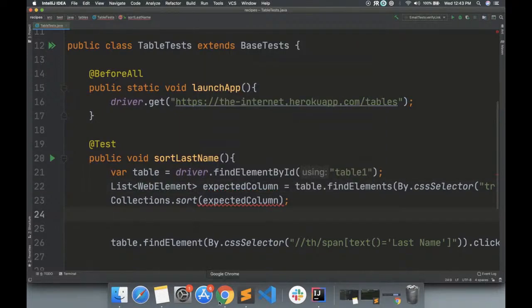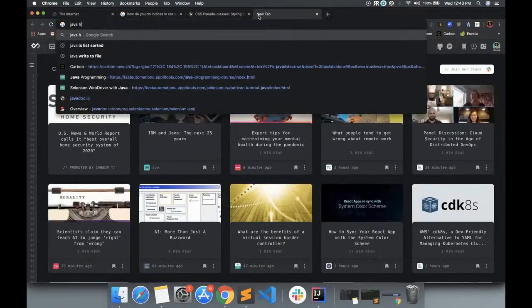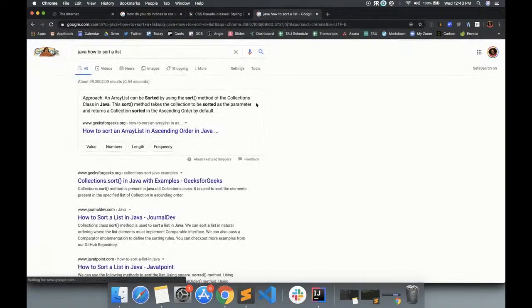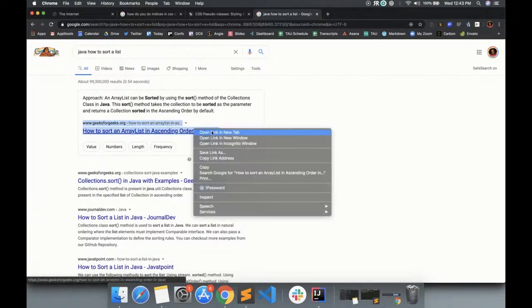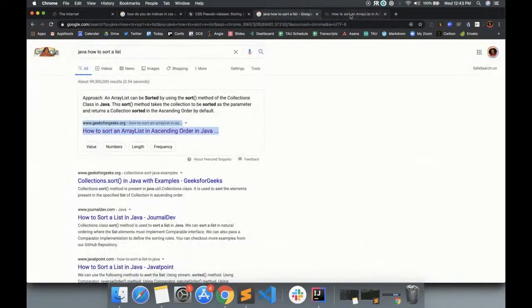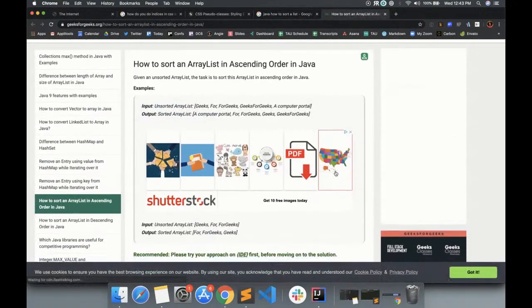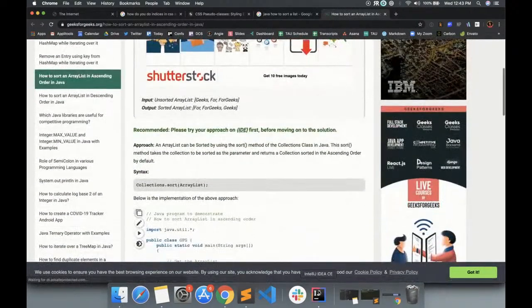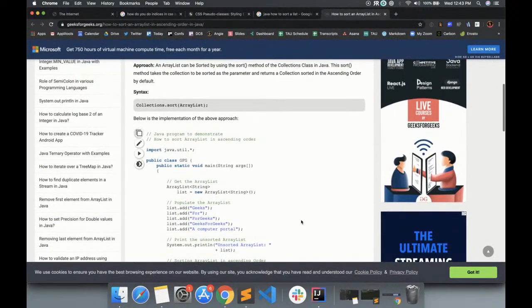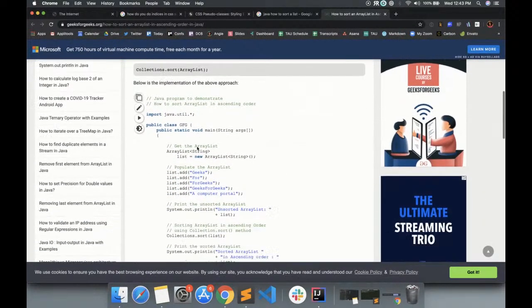That's goofy. All right, let's see if I'm missing something. Java, how to sort a list. Look at us, real basic. All right, yeah, this looks familiar. See, that's what I was using, Collections.sort. Oh, maybe you gotta tell it where you're sorting by or something. No, that doesn't make sense. So this is